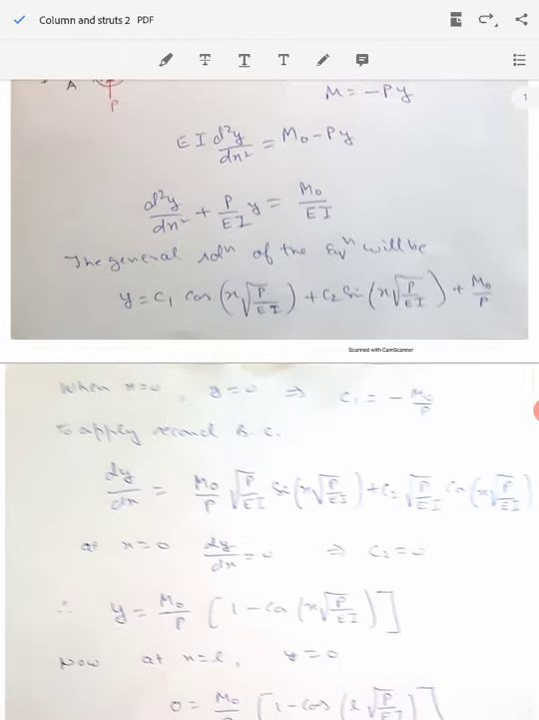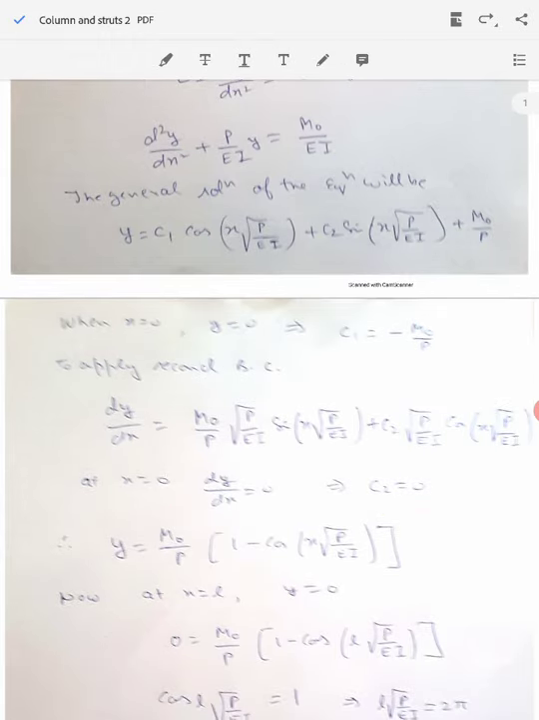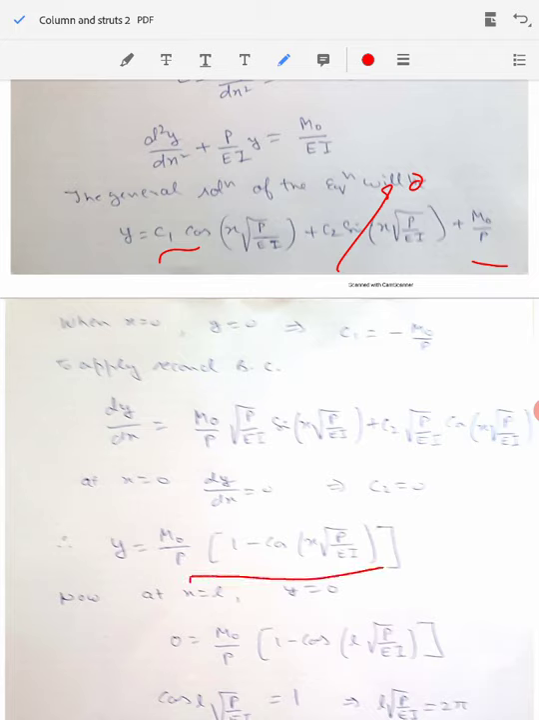Once we get this, we apply the boundary condition that at x equal to 0, dy by dx is equal to 0. So when you substitute, this becomes 0, this becomes 1, and here it is 0, so that's why we get C2 equal to 0. So now we have got both constants C1 and C2. The C2 part is 0. You got C1 as minus M0 by P, and you have M0 by P here also. So you bring out M0 by P common. So M0 by P into 1 minus cos x under root of P by EI becomes our deflection equation